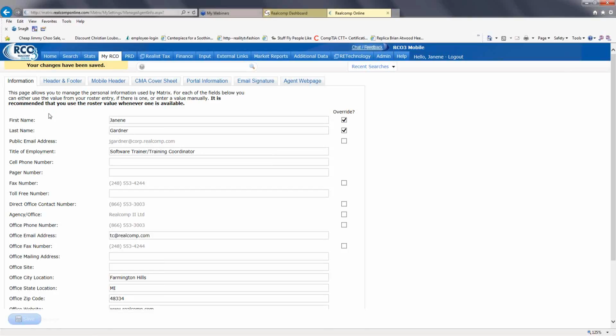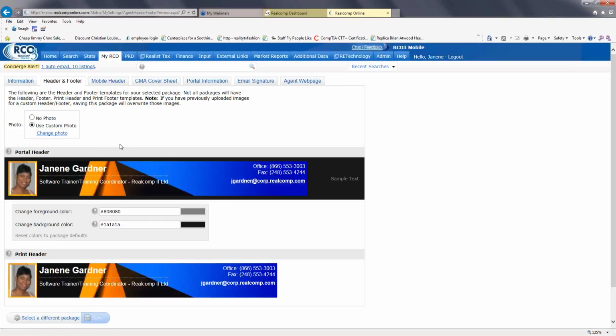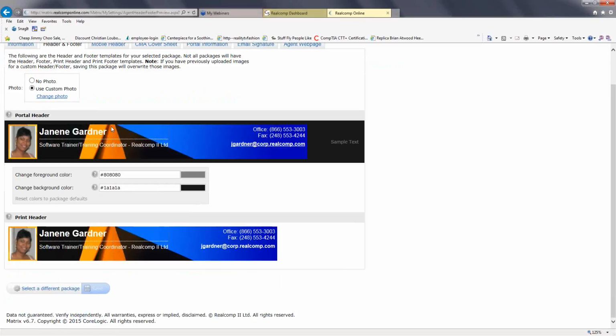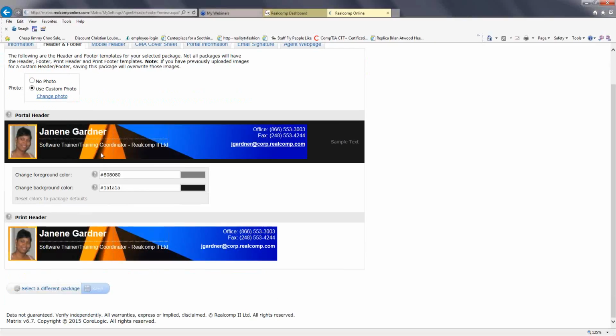Now, let's go up to the top again, and we're going to work many of these tabs. Some of them are for later, but we're going to go up to the top and click on header and footer. When you click on that, if you're like me and you already had your header and your footer saved, this is the screen that will show up for you. If you have never set up your header and footer before, or those of us that have our header and footer and we'd like to change it, down at the bottom left it says select a different package. So we can click on that link,